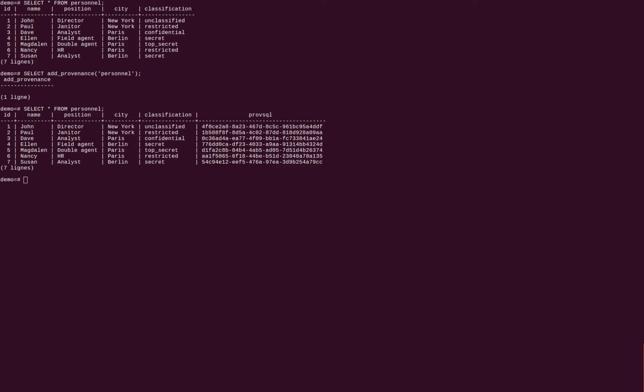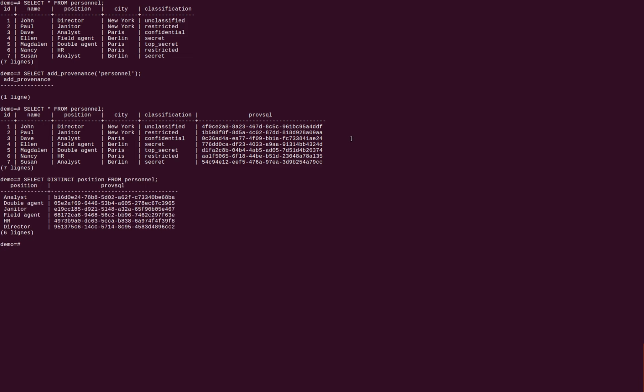Let us try a simple query on this table that lists the distinct positions in the personal lists. Even though the ProvSQL column was not mentioned in the query, results include such a column here that contains provenance tokens which characterize the provenance of each tuple of the query results. To understand what these tokens encode, we are going to first create a provenance mapping which will be used